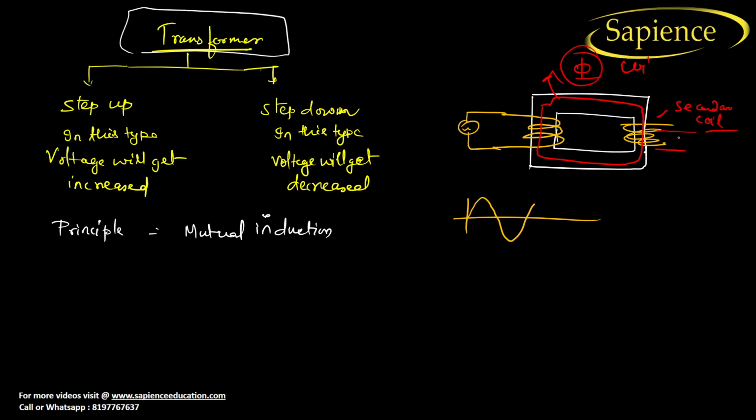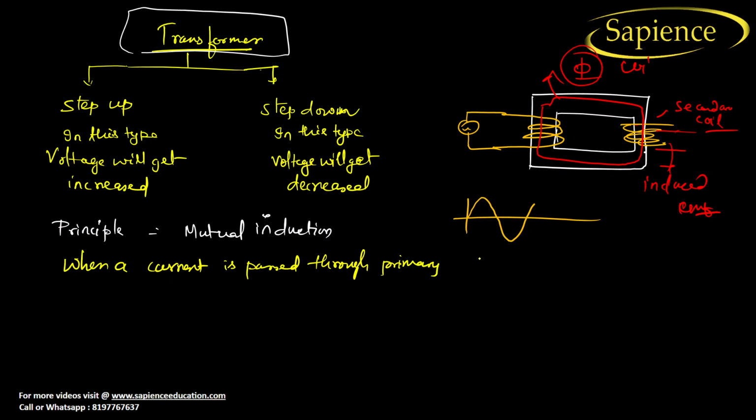When this happens, there will be an induced EMF. See, the basic principle is mutual inductance. We can write it: when a current is passed through the primary coil,